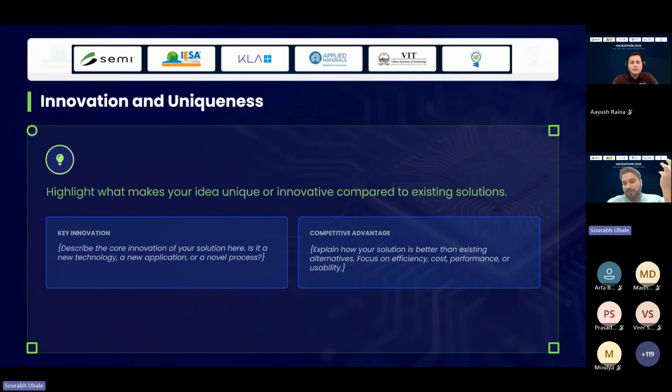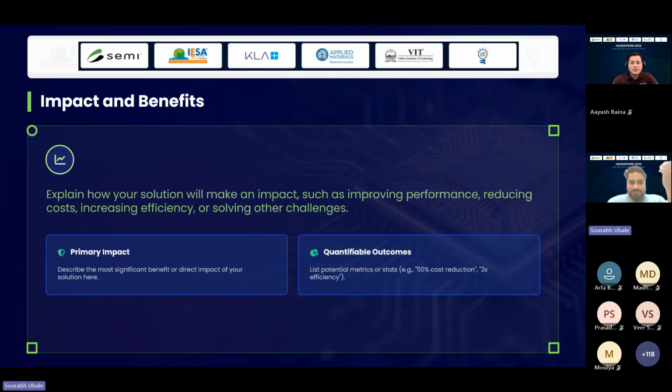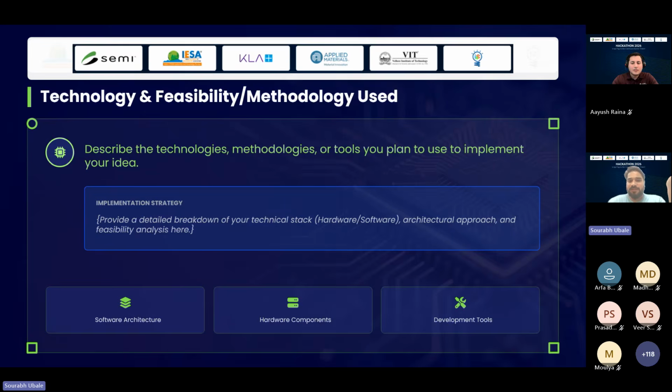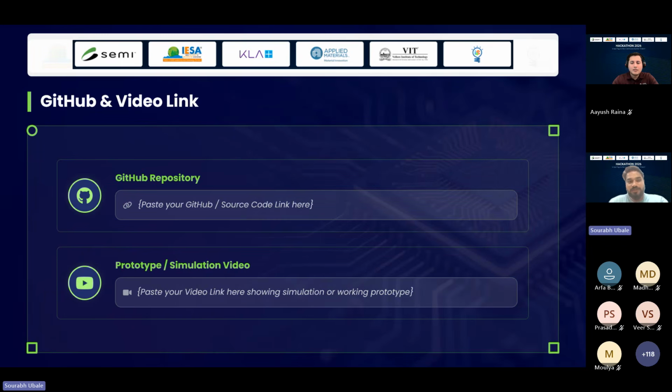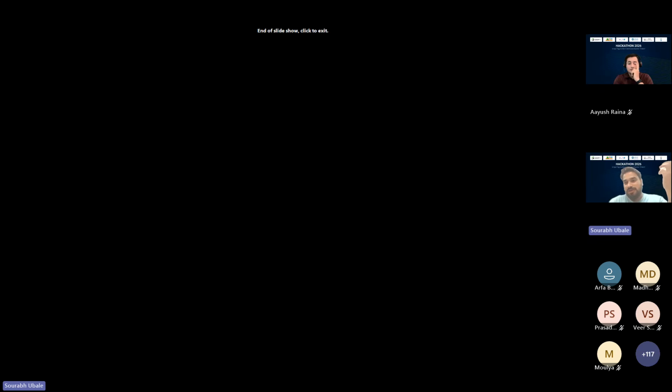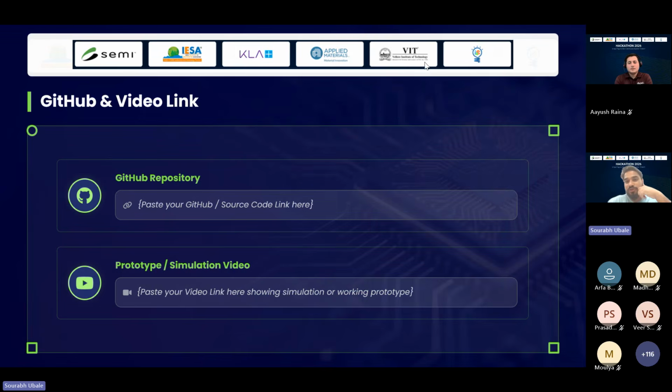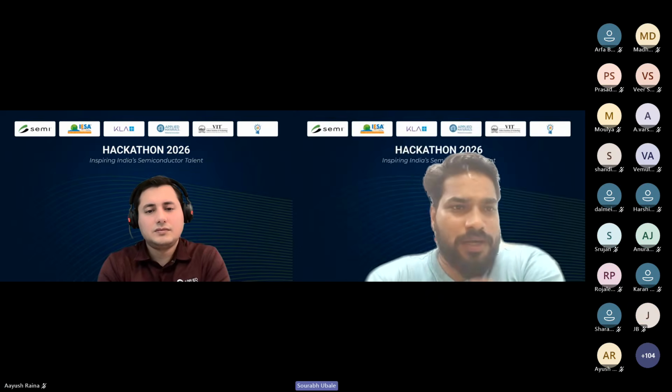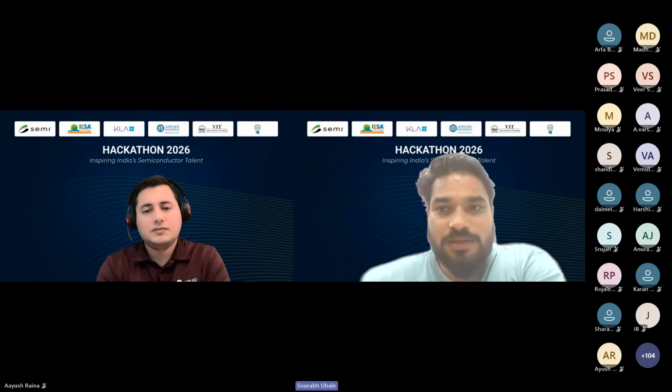So propose solution, then what uniqueness or innovation you're bringing to the solution, impacts, the technology and the methodology you are using. Links: whichever documentation link, so GitHub link or video link, your explanation of the solution. If you are willing to share it, share it. So GitHub link is very important, as mentioned by Aisha. You have to share the Python script and all that, and the references that you're using. So this all will help us understand how you approach the solution. This is also important, along with the other required documentation to be shared as mentioned during the session.